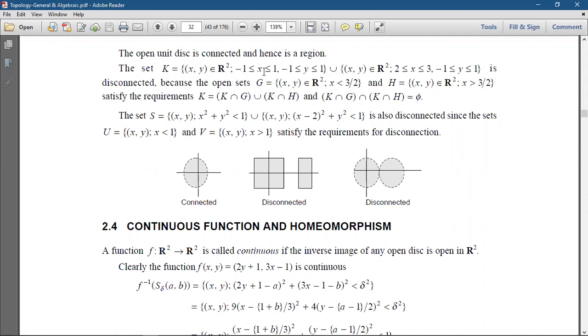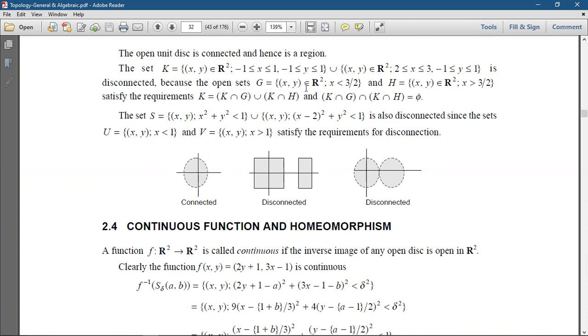A set K, for example, we can construct K equals {(x, y) belongs to R square such that x varies from -1 to 1 and y also varies from -1 to 1} union {(x, y) belongs to R square such that x varies from 2 to 3 and y varies from -1 to 1}. This is disconnected